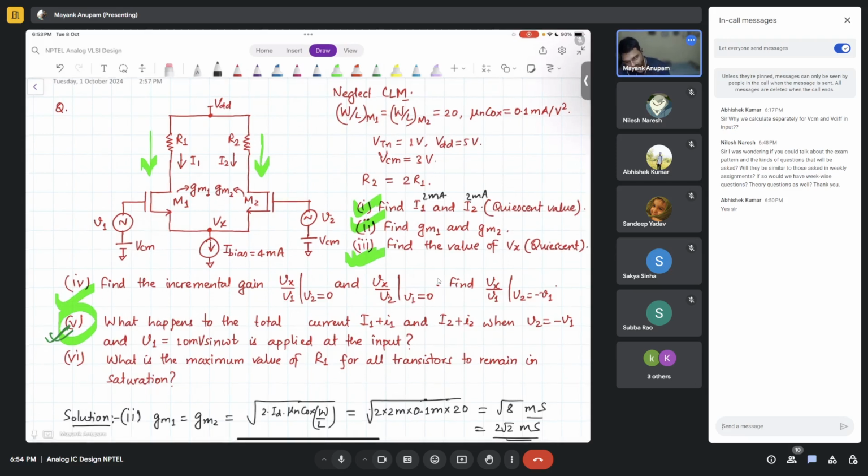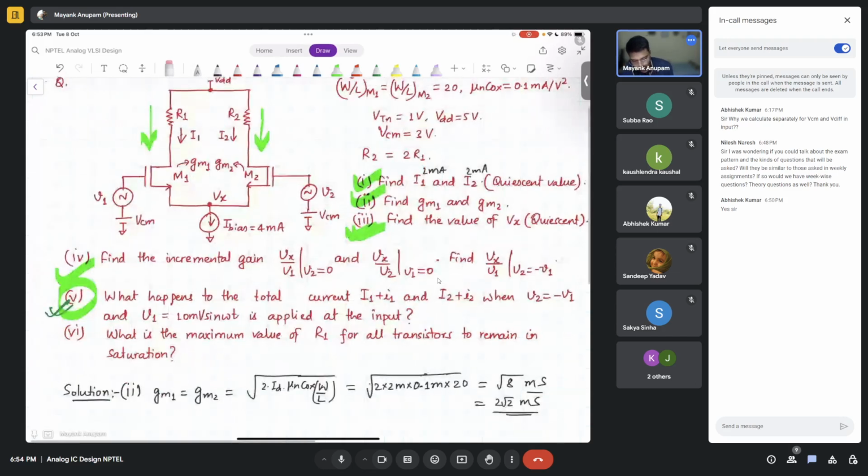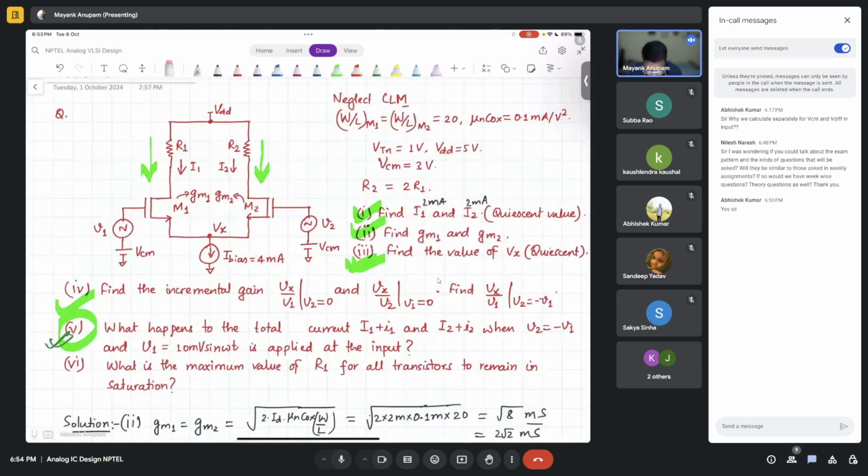So this is a differential amplifier with a tail current source here. This question is very easy because the tail current source is ideal. It has infinite output resistance, so this makes our job very easy. And all the transistors also have infinite output resistance, which you can assume, so channel length modulation is something you can neglect here. So I asked the question, what happens to the total current